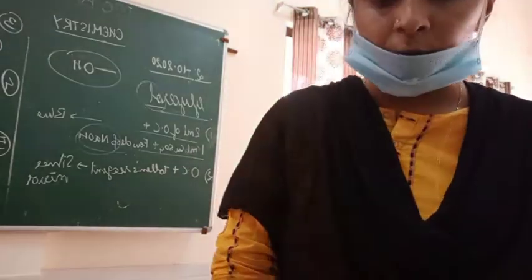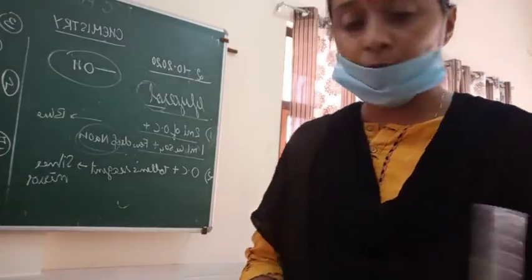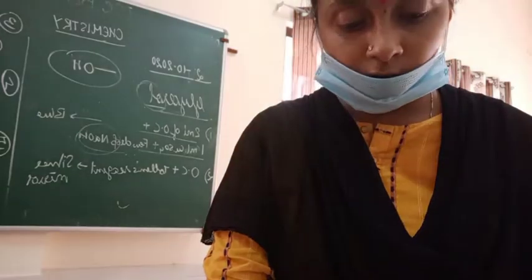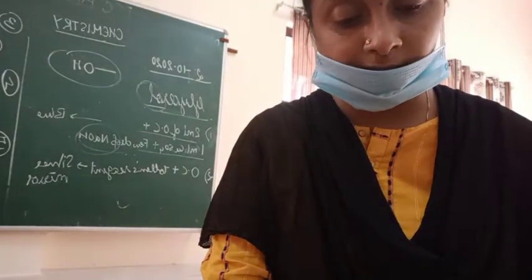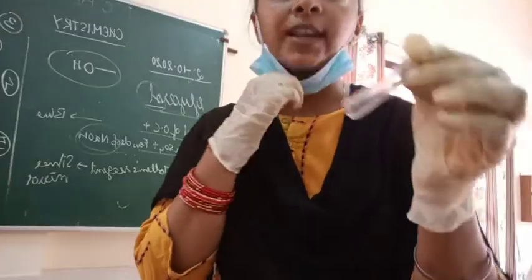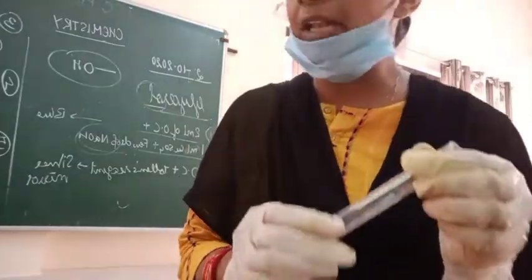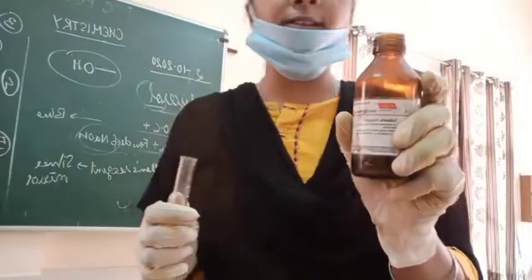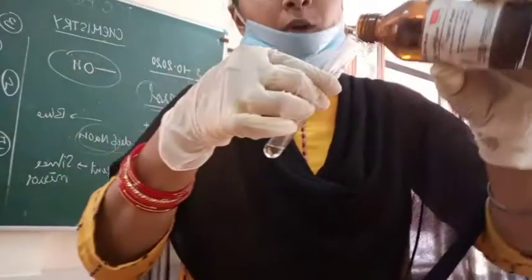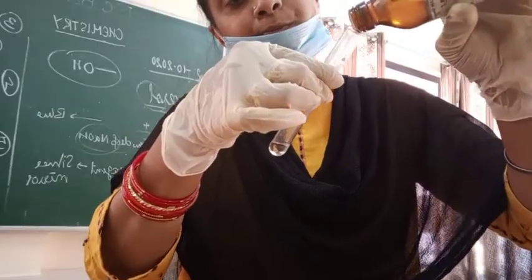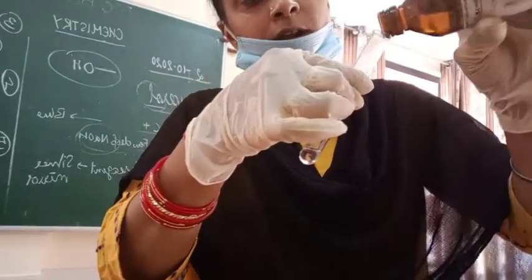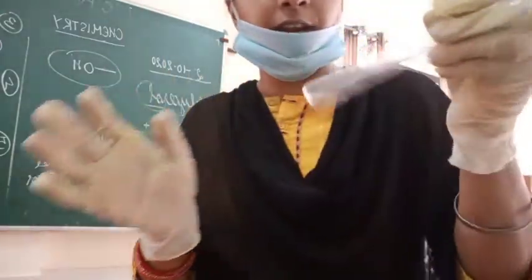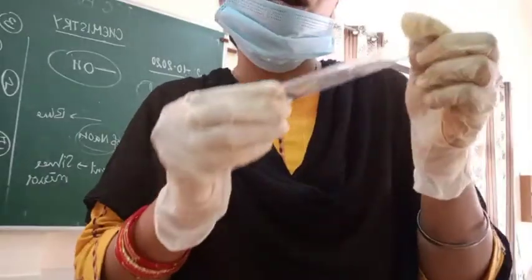Okay children. Now the second test for glycerol is that you have to take a small amount of glycerol, actually you should not say glycerol, it is the small amount of your organic compound, children. To this I will add Tollens reagent. So this is my Tollens reagent bottle. I will add Tollens reagent to this test tube containing the organic compound. A few drops we will require. Now just shake it and place it in a water bath.